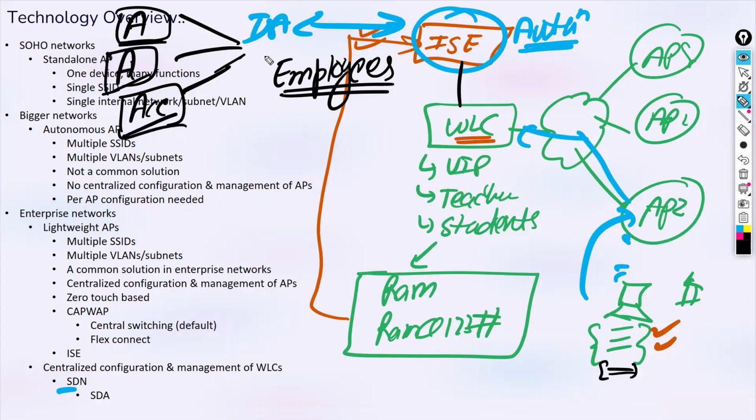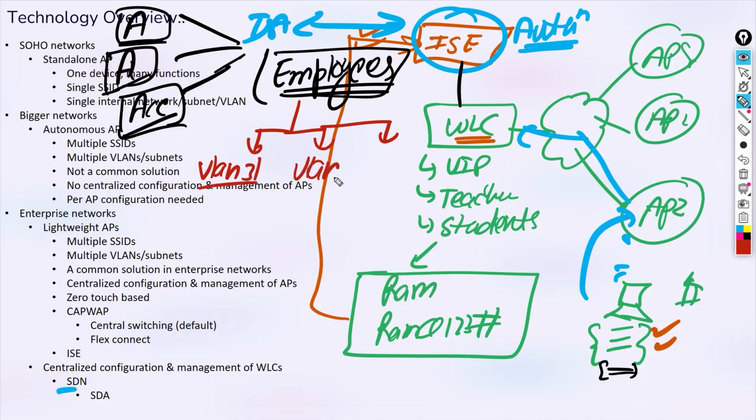Now coming back here, if I create a single SSID, and when you create the authorization profile, in that authorization profile you can define different operations. Let's say you can say that these username and password based users can access only this VLAN, and those can access only that VLAN. And with these VLANs, you will assign the different WLANs. So let's say if they are getting VLAN 31, they will be part of, what should I say, HR. They are employees of the HR department. Let's say another user is getting this from the authorization profile by ISE via WLC, so they are part of, let's say, sales.